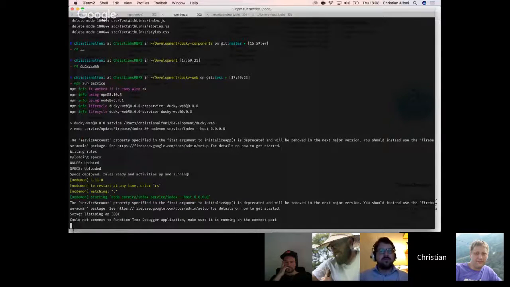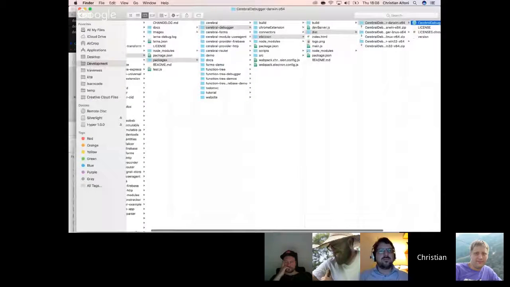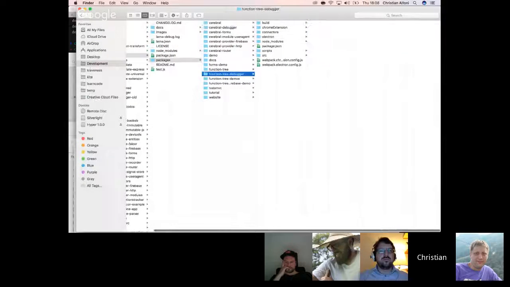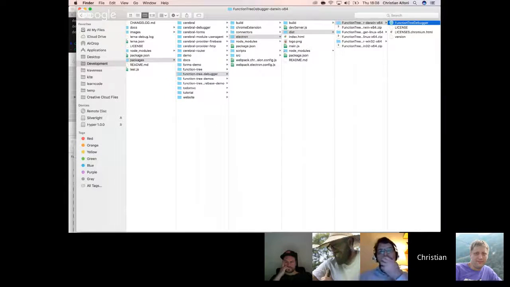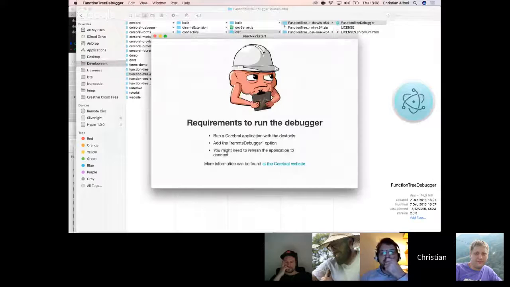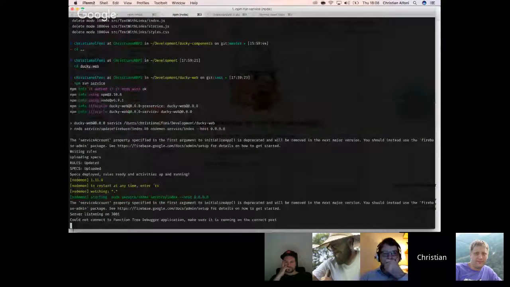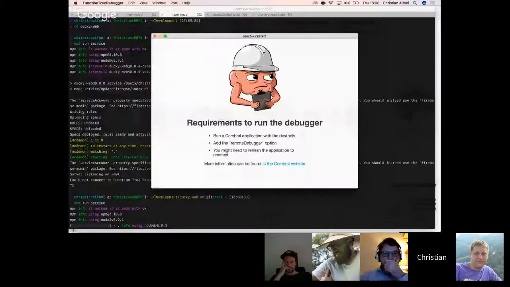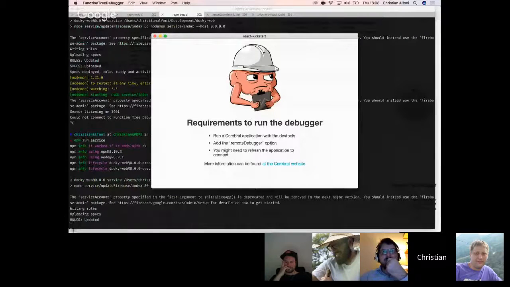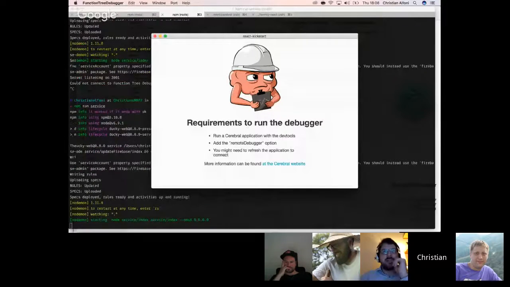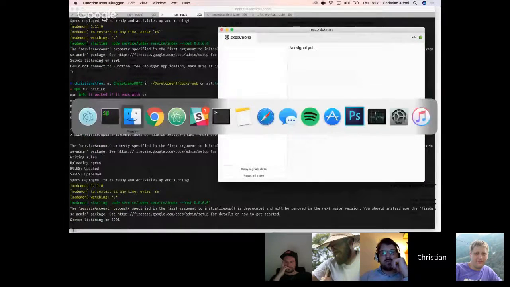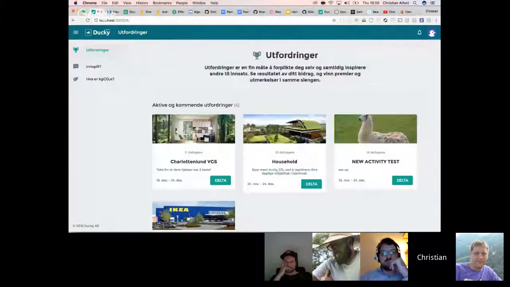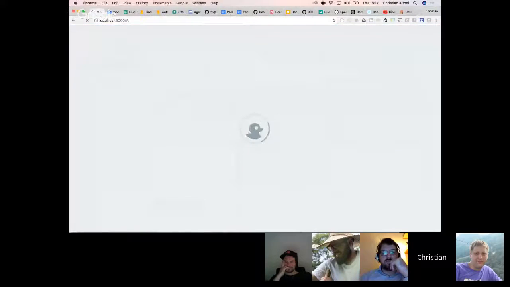Yes, so what I thought I could do here is go to function tree debugger, and hopefully it works. I haven't tested, but it should work. So I'll fire up that one, and then I'll fire up our service on the backend. And it reacted, which is nice. So if I go into our local application now,